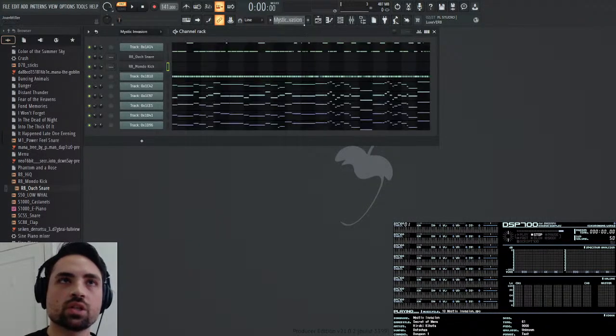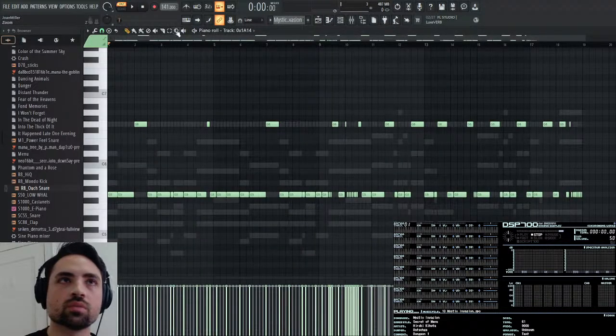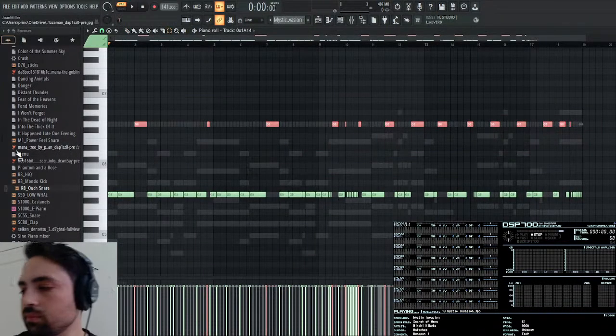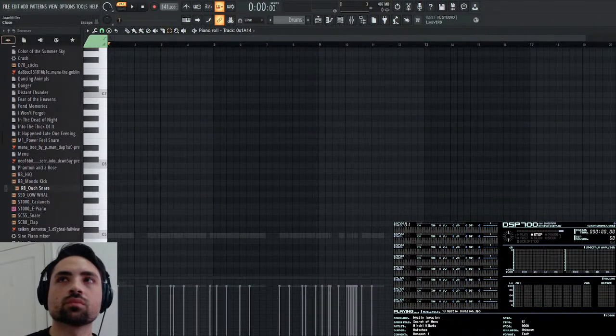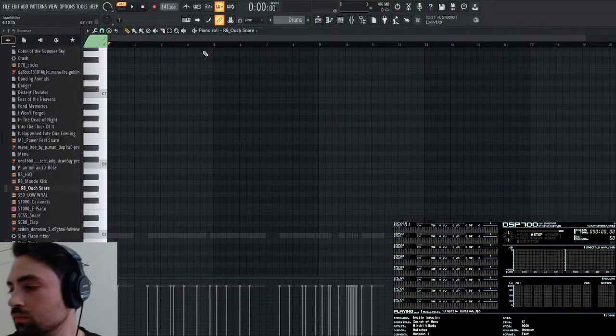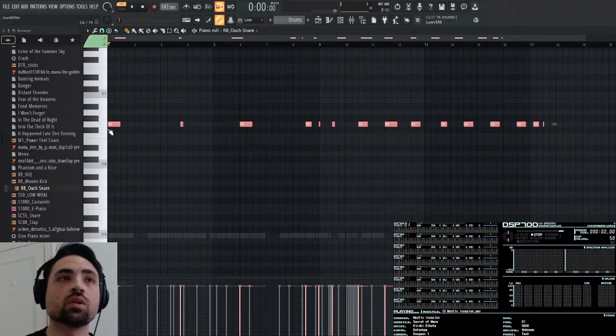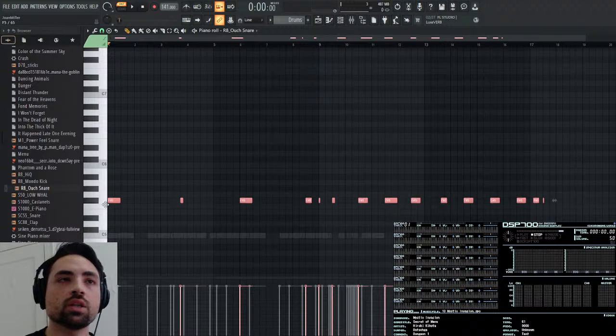Now for the snares. Way too high. Let's take it an octave down.